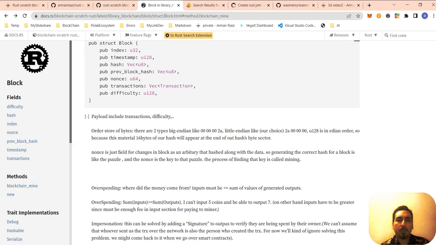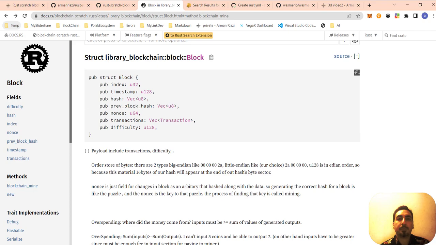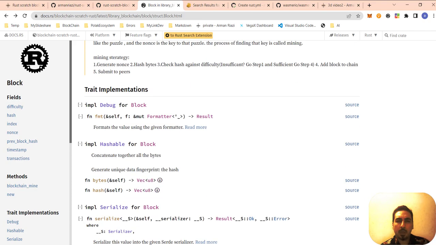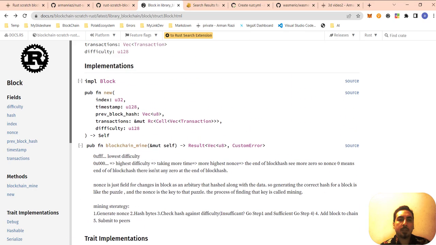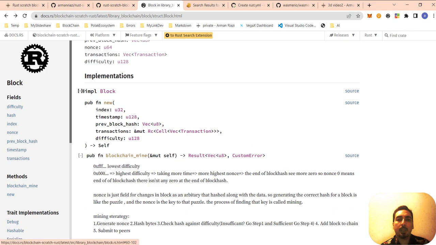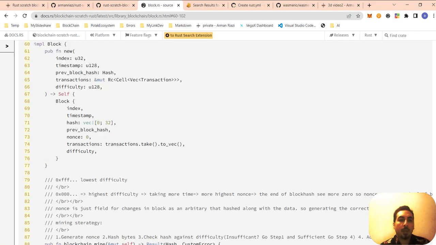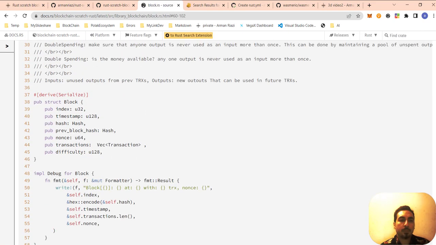Another important function would be about the block struct. In the block struct implementation source, you can see there is no clone or copy attribute in your Rust program, and it's one of the differences between this project and other projects